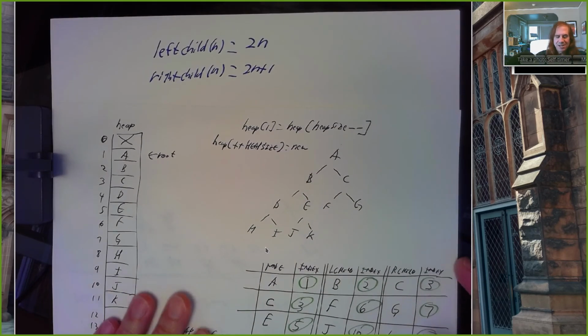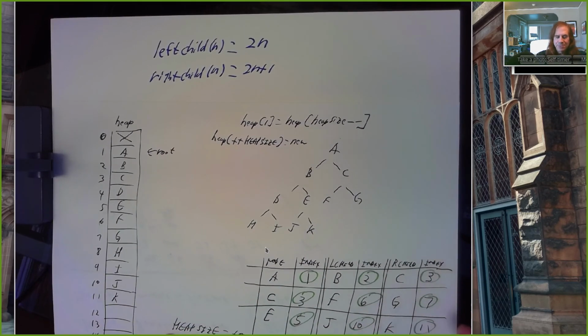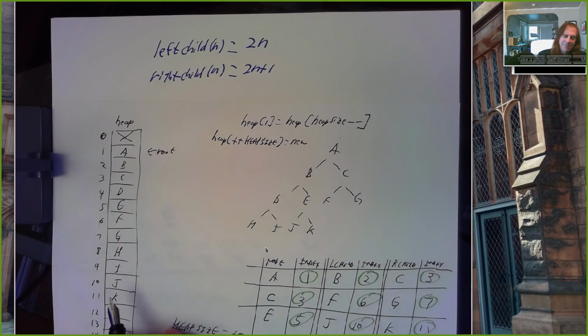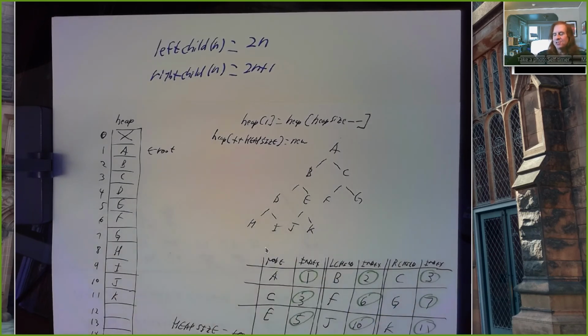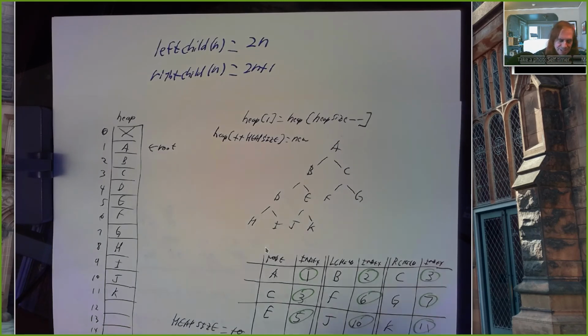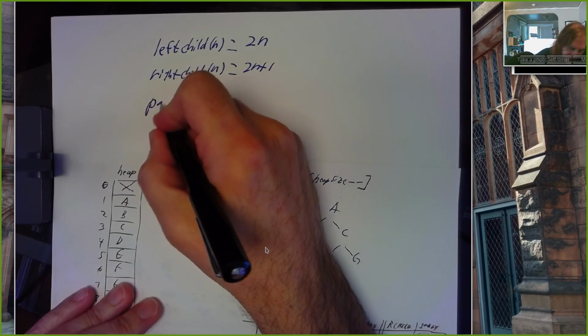So as we're down heaping, if we want to compare a node's value to the value of its children, we just compare heap bracket N with heap bracket 2N and heap bracket 2N plus 1. And if we want to swap, we just swap heap N with whichever of those two other elements is largest. And so that's straightforward. And to go up,